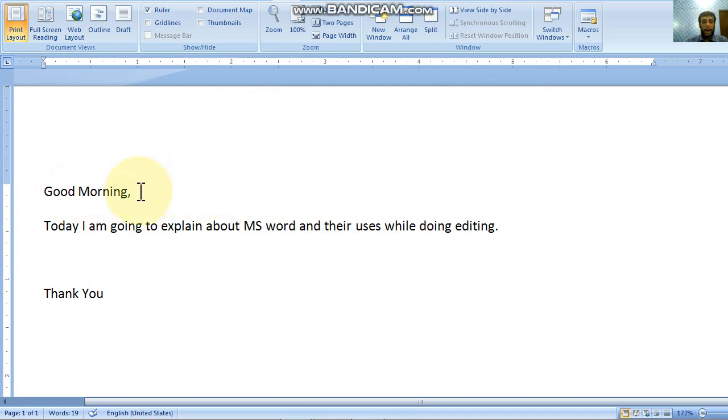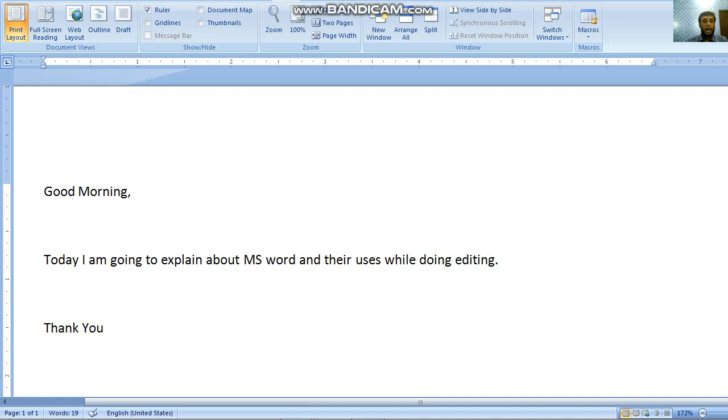I am going to press the enter key from the keyboard, and then this is the position where I am going to insert the extra text, that is called editing. So here, "dear students". This is the line which I have inserted.